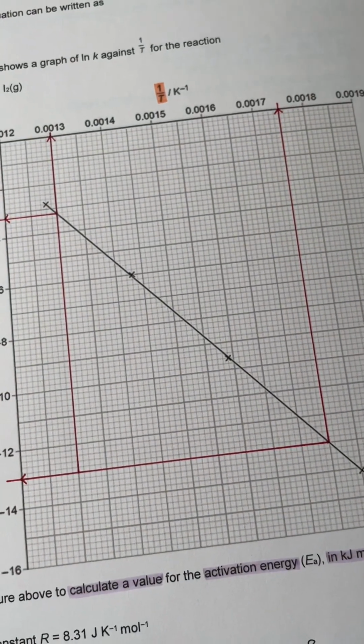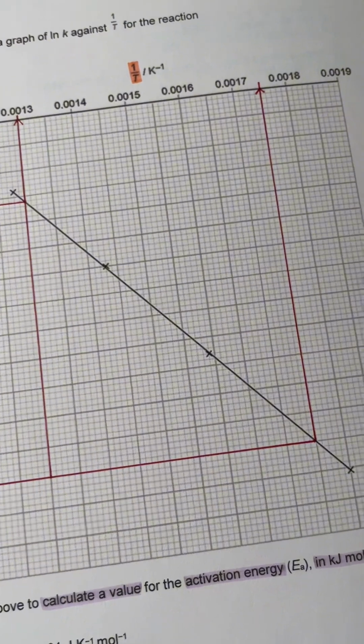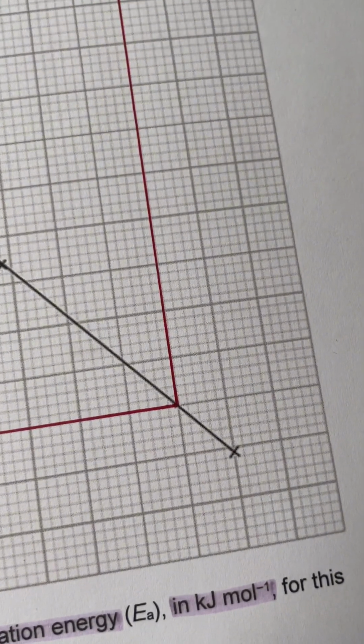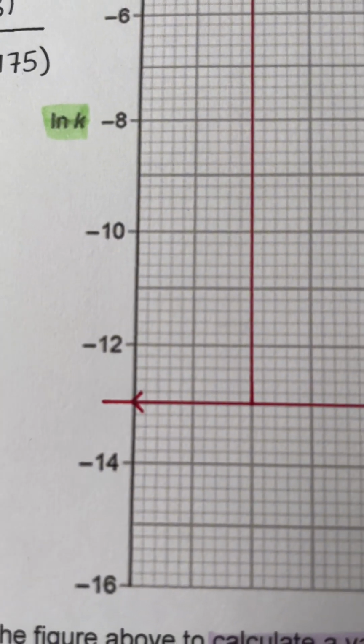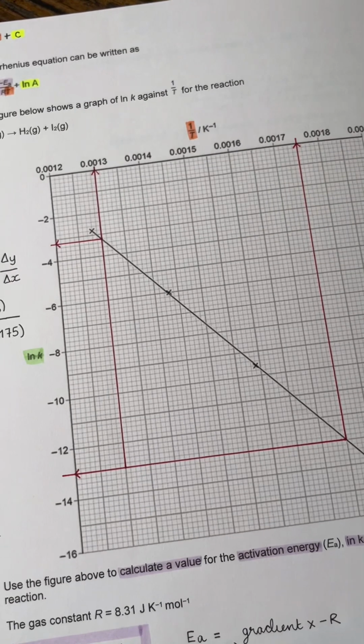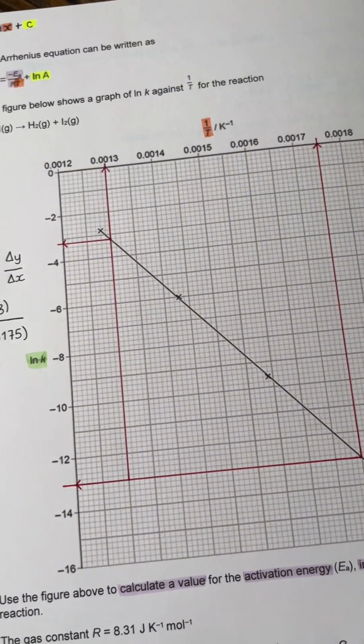Okay, so in order to work out the gradient of the line, I have chosen 2 points where the line crosses very clearly through the grid points, making it very easy for me to work out what those values are on the axes. And I did the same thing up here. And the gradient of the line is equal to the change in the y-axis values divided by the change in